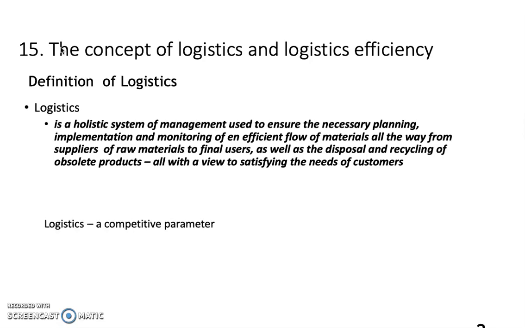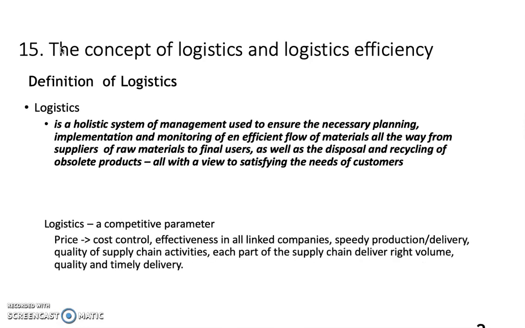Logistics as a competitive parameter. You can say that if you as a company are able to get your products from the production company to the retail at a faster speed, but also in a more secure way than your competitors, and also at lower rates, with a cheaper functioning logistics system, you will be able to compete with your competitors, and it will be a competitive parameter that you can use.